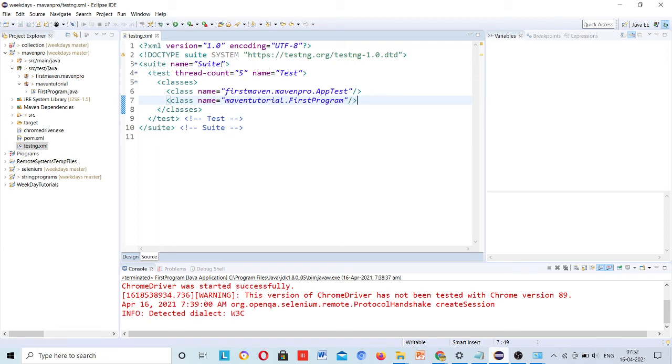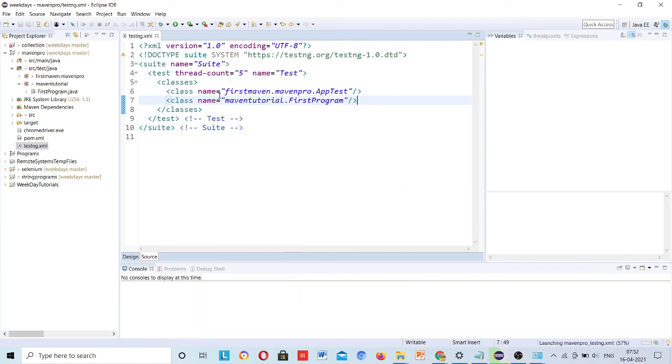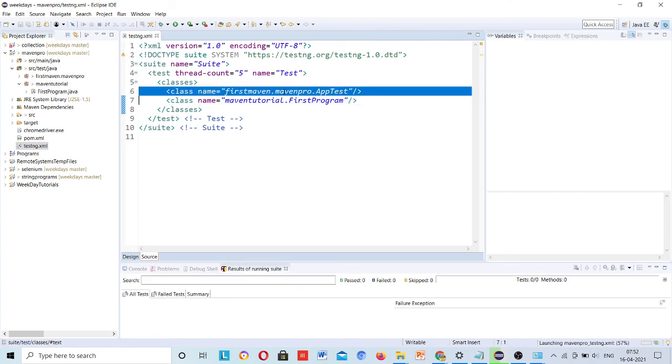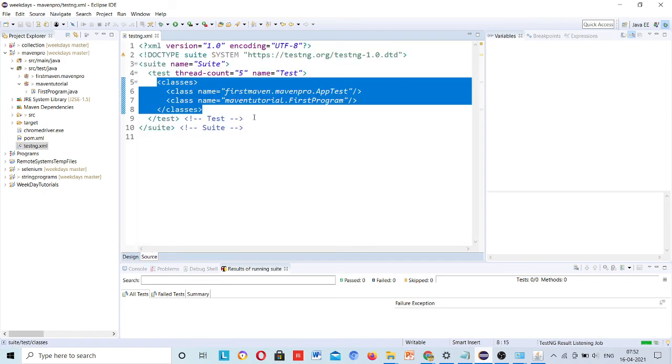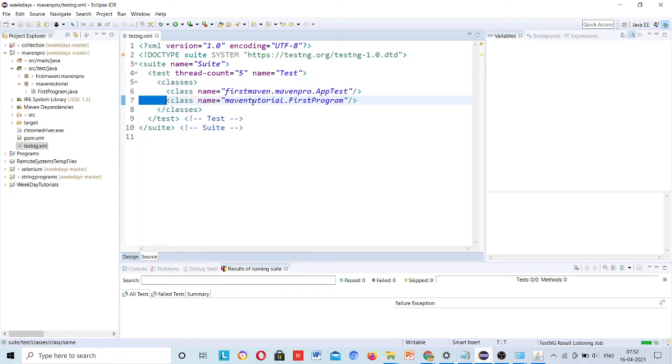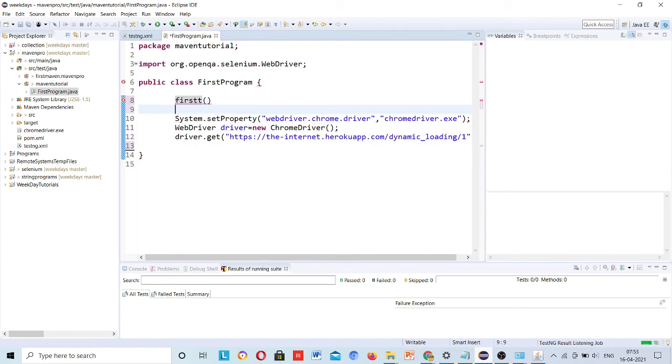Okay, so right click here and run as test script. It will not fail, but this doesn't mean anything. It was created automatically. We have not done anything. It will not run our program because we have not actually used any dependencies over there like the at the rate test annotation. Instead of this main method we have to use first t